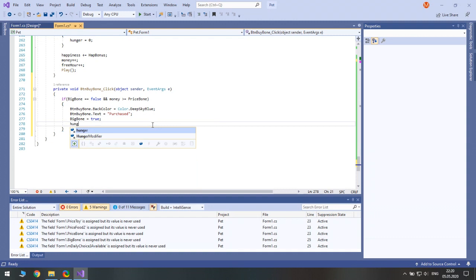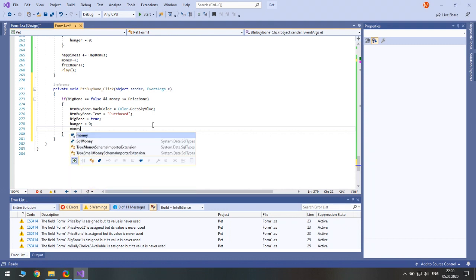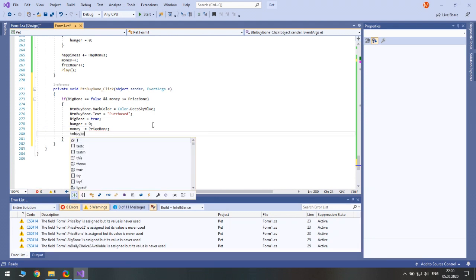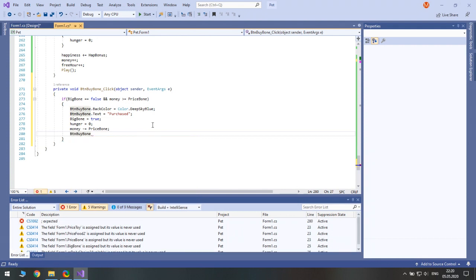We no longer have hunger, and we need to subtract the price, and we also need to disable the button so that user would not waste his money again. So button bone enabled equals false.